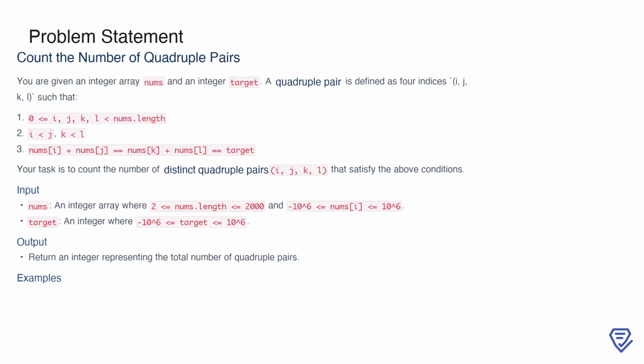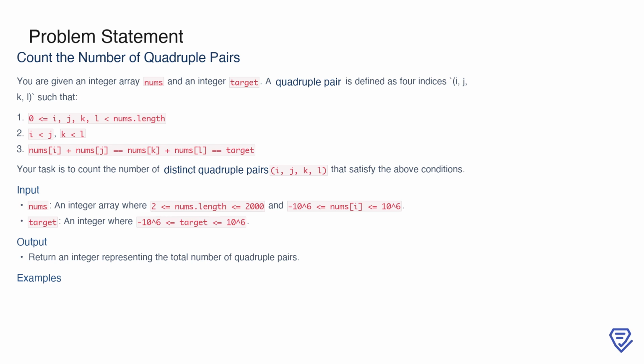In this problem, we are tasked with counting the number of distinct quadruple pairs in an integer array nums that satisfy specific conditions. A quadruple pair consists of four indices, i, j, k, l, such that the sums of the elements at indices i and j, and the sums of elements at indices k and l, both equal the given target value. Additionally, the indices must meet the constraints i less than j and k less than l. The challenge here is to determine how many such quadruple pairs exist in the array while adhering to these strict